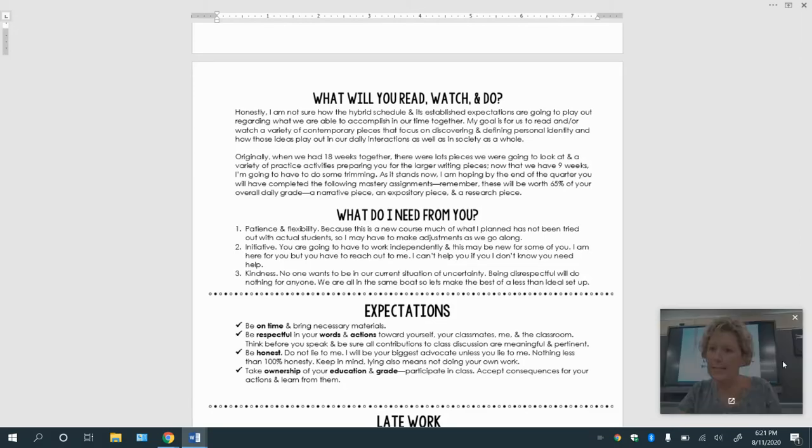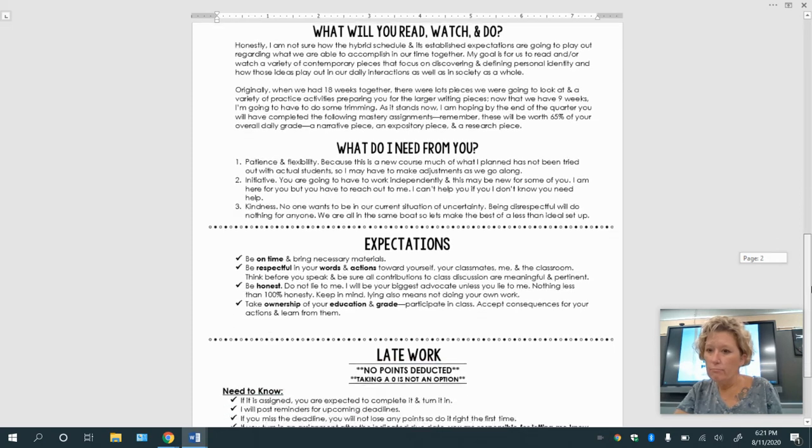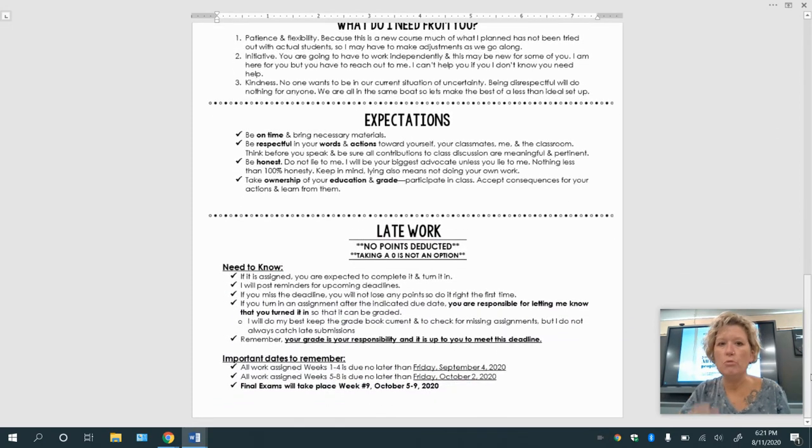Expectations. And this applies mostly to those of you who are going to be in person. I need you to be on time and bring necessary materials. This applies to those of you who are just going to be virtual, and it will apply in our Google Meets as well. I need you to be respectful in your words and your actions. And here's where it gets real. I need you to be respectful in your words and actions toward yourself, no negative self talk, towards your classmates,